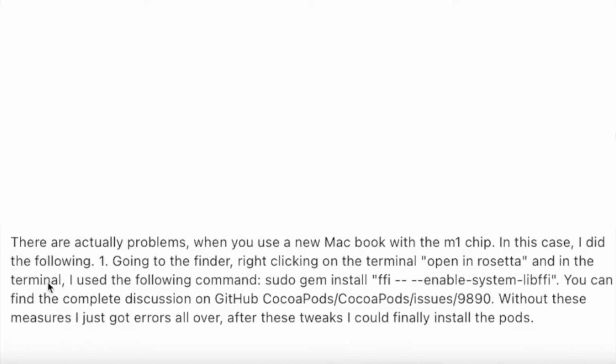I used the terminal and put in this command, sudo gem install and this. You can find the complete discussion on GitHub, CocoaPods and so on. So simply put in the normal link which you would use for GitHub or simply Google these two terms. This is what I always would recommend if you have troubles with anything. Simply try to Google lots of different names or terms which are most likely to be mentioned in connection to